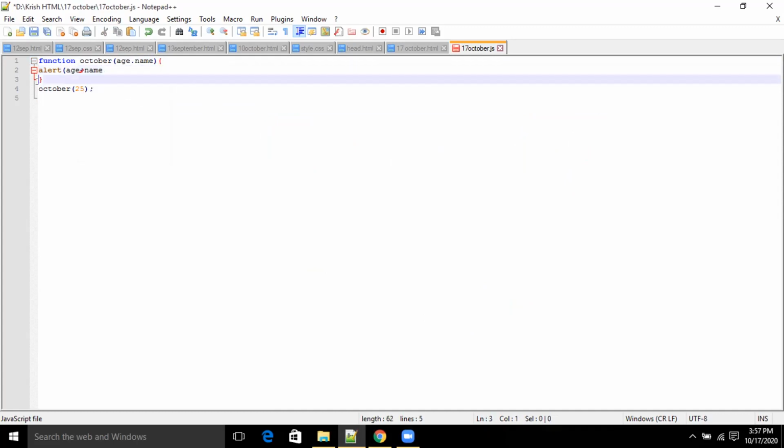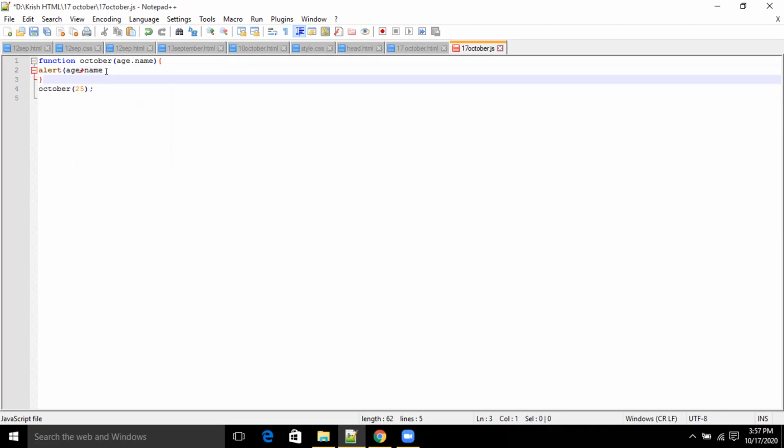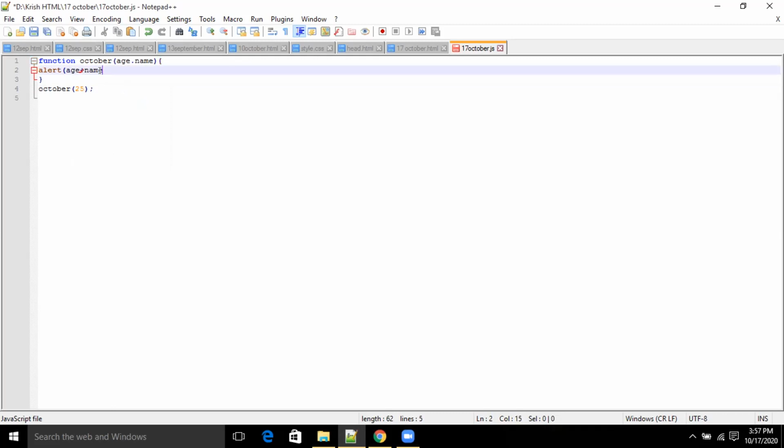And just close the alert and then close it with a semicolon. So where are the curly brackets? Okay, and now this is comma, right? I can't see it properly. Age, comma, name. Oh, it's that. Okay, very good.